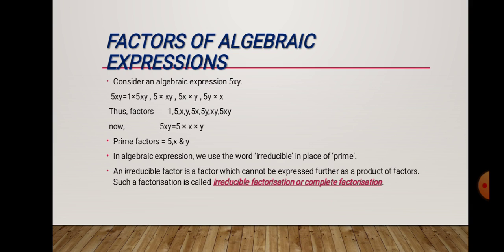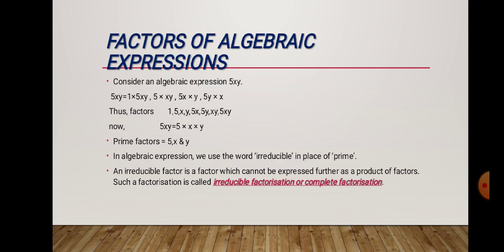Here I am taking another algebraic expression, that is 5xy. Now 5 is the constant here because counting numbers are called constants, and here we used only one fundamental operation of mathematics, that is multiply. x and y we are multiplying with 5. So how can I write the factors of 5xy? In so many ways. First, 1 multiplied by 5xy. Another way, 5 multiplied by xy. In another way, 5x multiplied by y. And in another way, 5y multiplied by x.